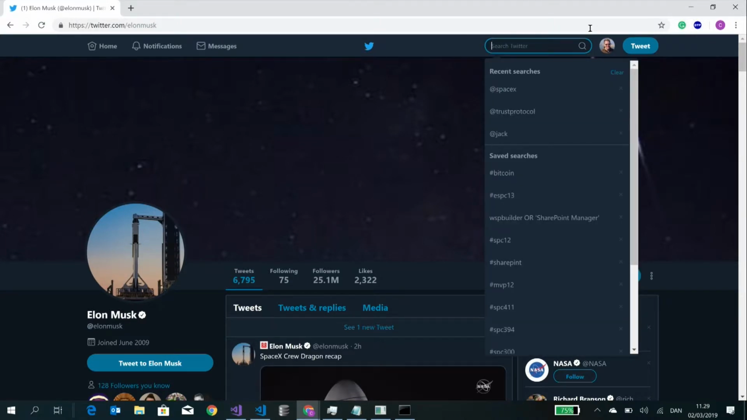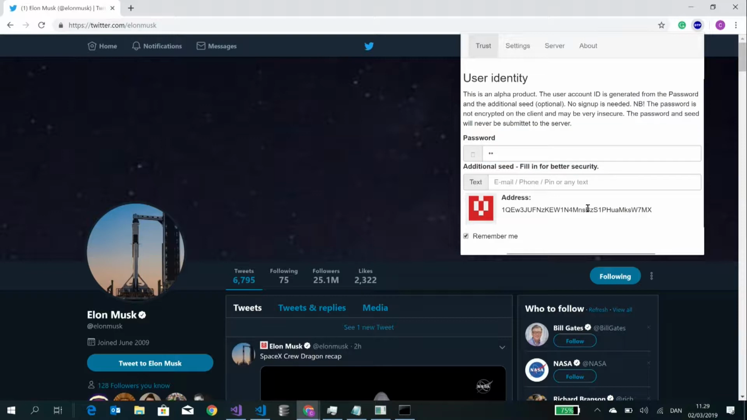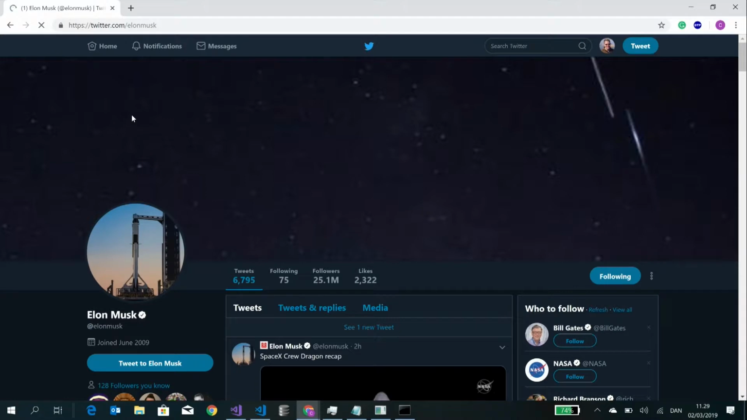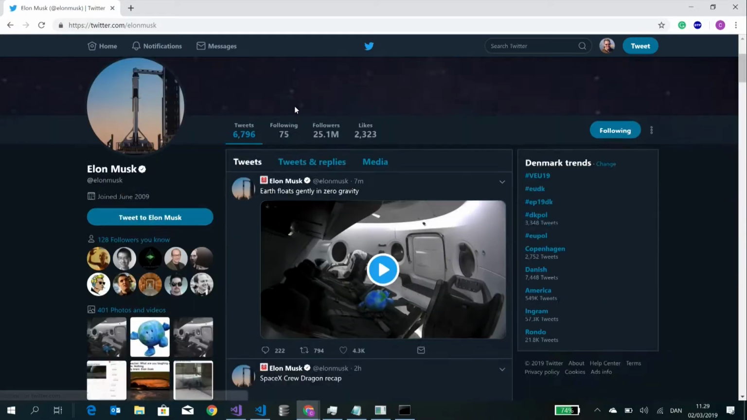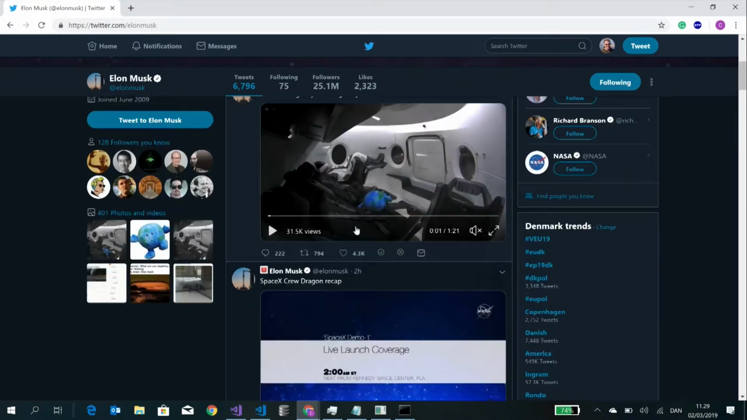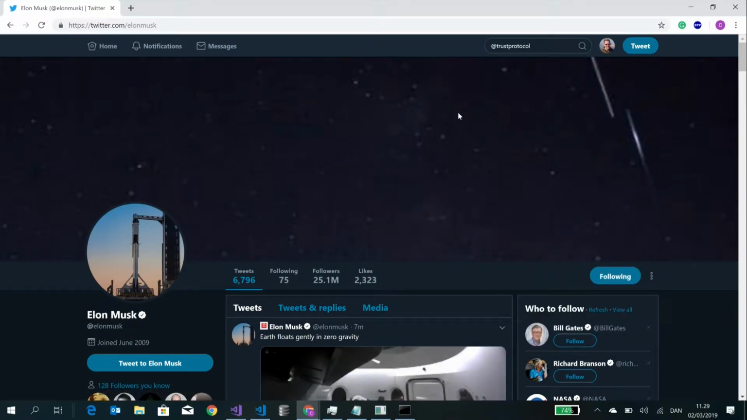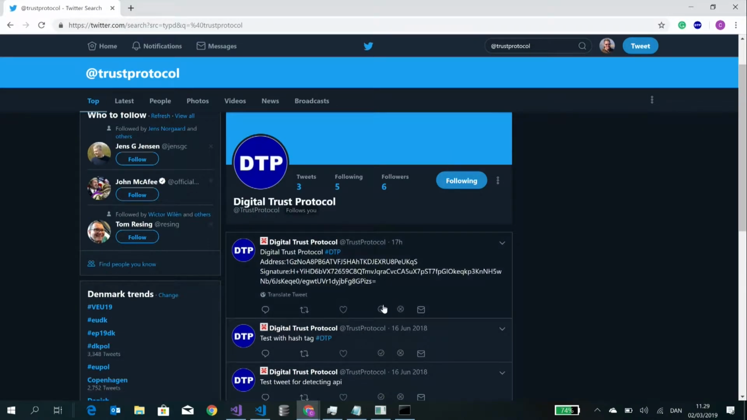The extension has a pop-up where you can state your address as your external DTP identity on Twitter. And if we look at Elon Musk and SpaceX, there's nothing here. So if I go into Trust Protocol and I start trusting them,